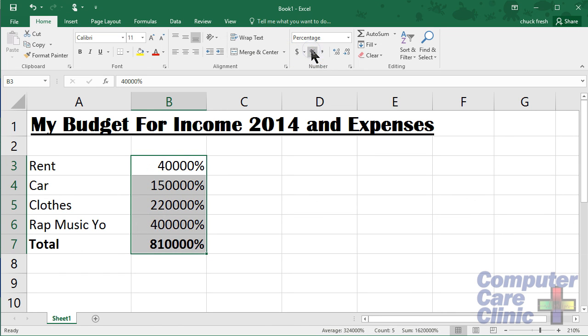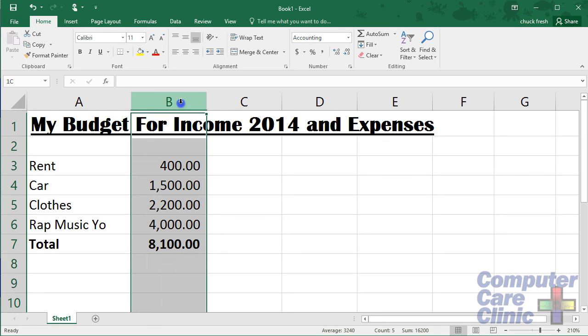I could change that to percentage. That would make that really weird. I could change it to a decimal point if you prefer to see things that way. So many different solutions and options to change and make these Excel figures and spreadsheets look exactly like you want them to look. I can also click on the column header, and you see once I click on the A,